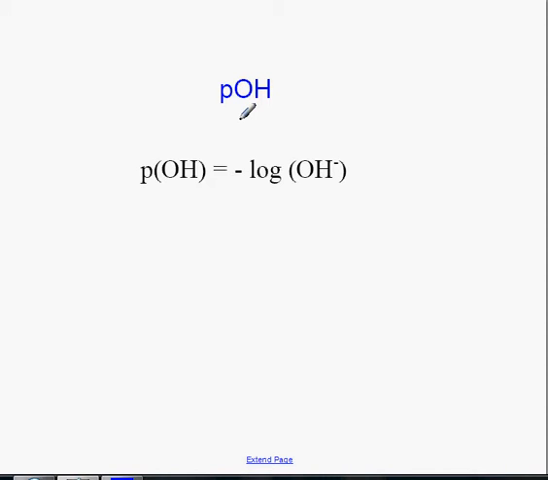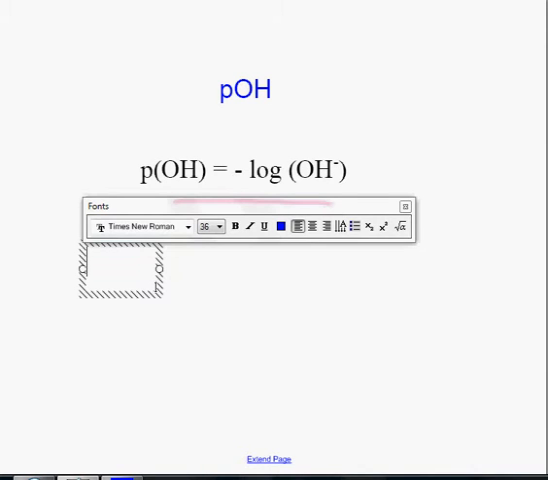Now, besides doing pH, you can also do pOH. That is, what is the potential of the hydroxide? So if you wanted to talk about things just in terms of bases. Same calculation. It's the log of the hydroxide concentration. So if I was to say, for example, that I had sodium hydroxide, sorry about that, that doesn't look at all like sodium. I think I may actually need to type this out. So if I put in, shall we say a